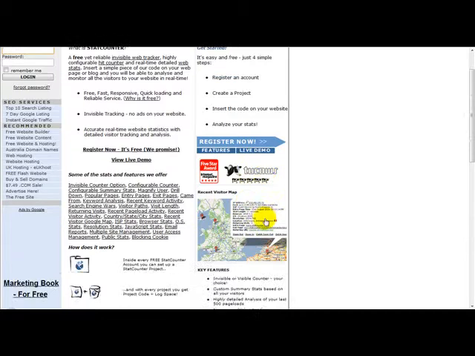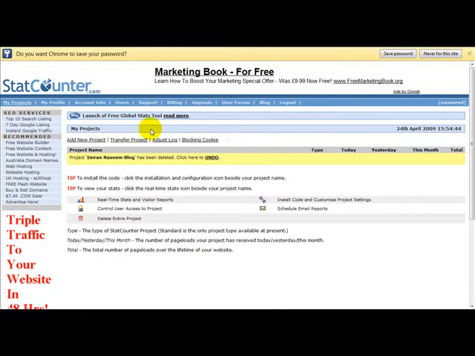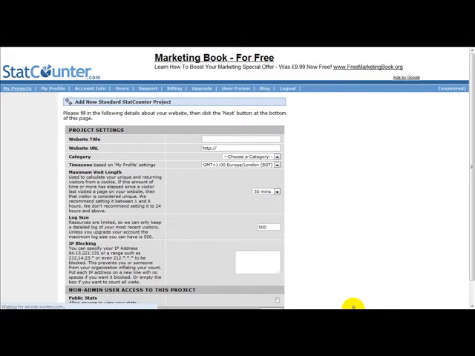So what I'm going to do is log in to this website. Okay, as you can see, I'm logged in, and what you want to do is head over to where it says new project and click on add new project. Once you've done that, just enter your website title, so my website, and enter your website URL,